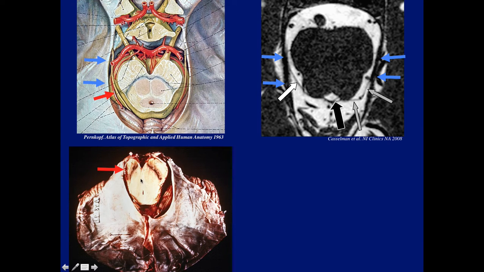Like in this specimen of a patient who had severe trauma, and we can see the contusion and the damage to the peduncle on this side. And I don't know if that's the nerve, but there's a structure which could be the nerve. So you could see when you have herniation and compression of the brainstem against the edge of the tentorium, how the trochlear nerve could be damaged because of its location right next to the free edge of the tent. So this is one of the causes of symptomatology in traumatic injury to the brain.